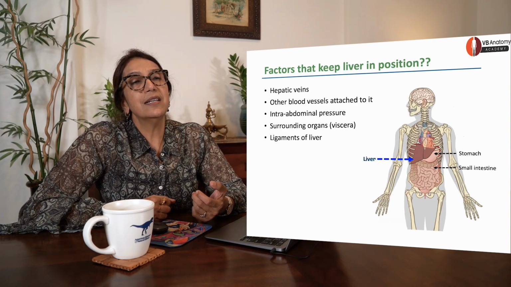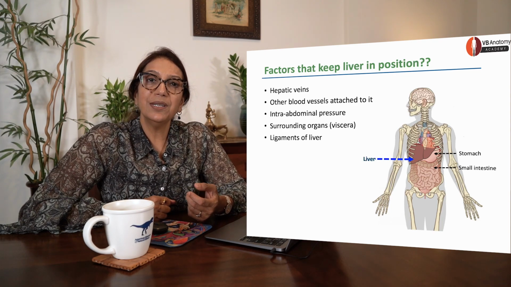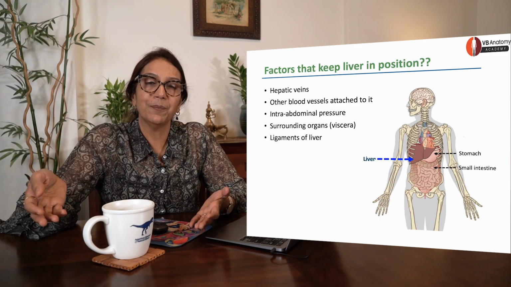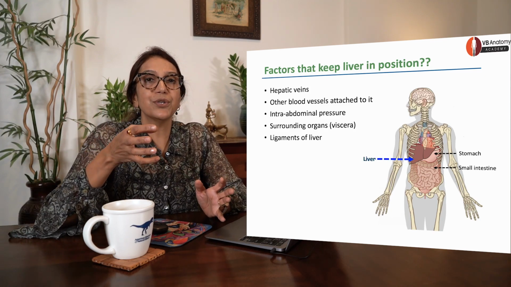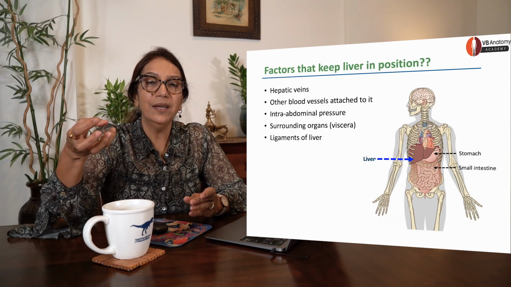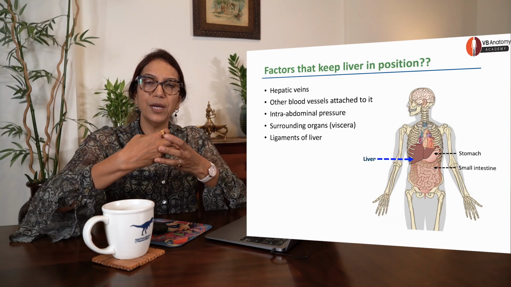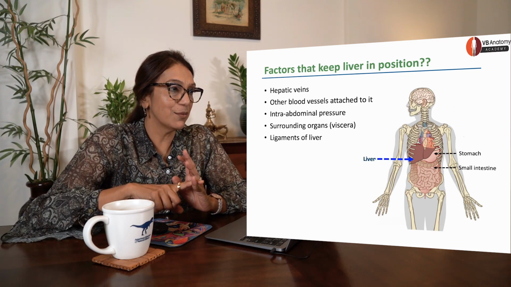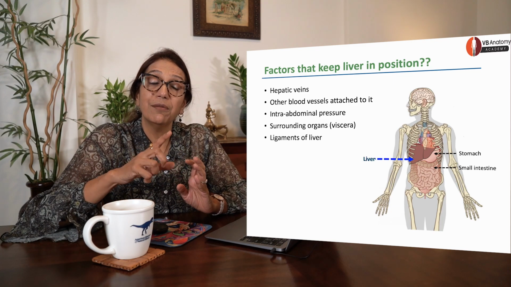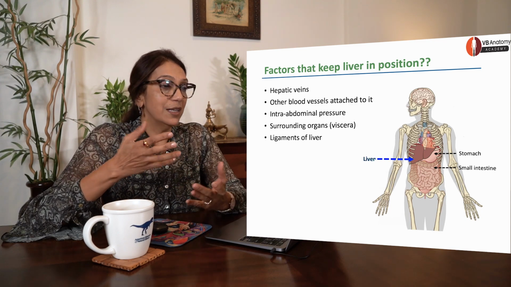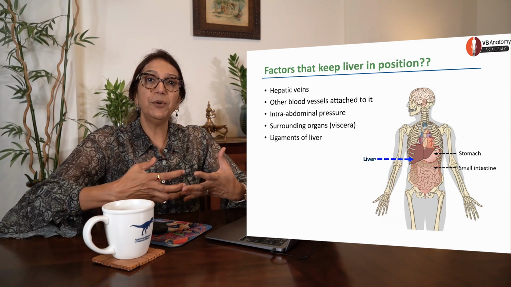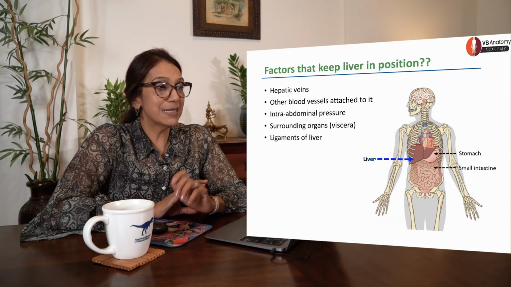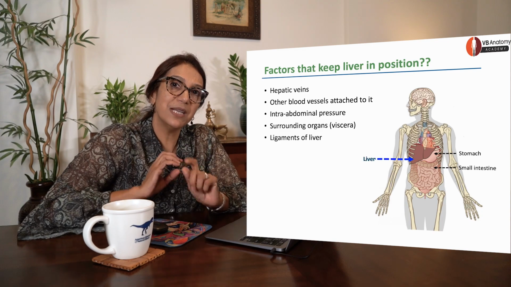Most of the time you'll give an answer that it's the ligaments. Actually the ligaments are peritoneal. They cannot hold the liver at all. They are themselves so flimsy. The main factor that holds it in position are the hepatic veins. The way the veins go into the IVC, it's like nailing the liver in place. So the main support is hepatic veins. Other blood vessels passing through the liver are very strong, holding it in position. The viscera that surround it, the intra-abdominal pressure, surprisingly holds it up, and some of the other ligaments do help. This is another very commonly asked viva question, and you must be prepared for it.